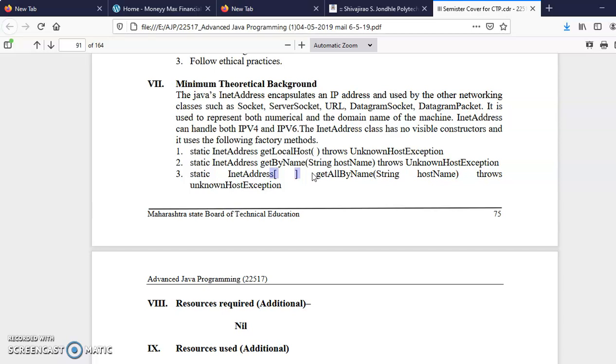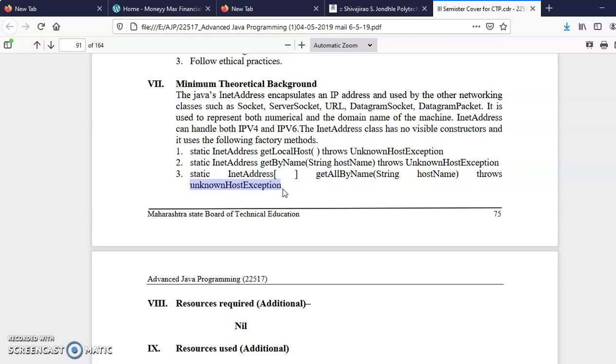Now all these three methods throw an exception known as UnknownHostException. You can see here, UnknownHostException. This exception occurs generally at runtime when either your connection to the internet is not proper.